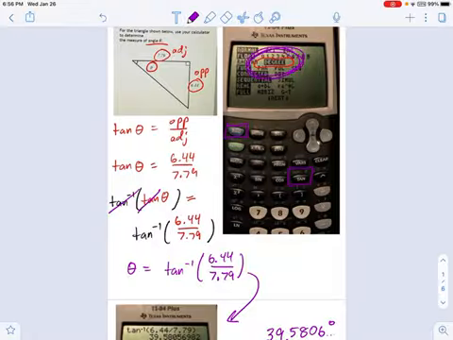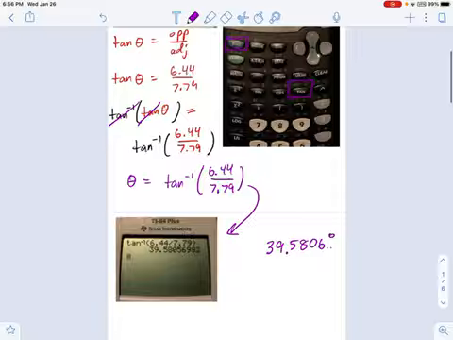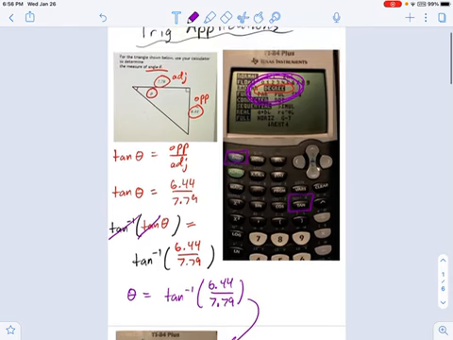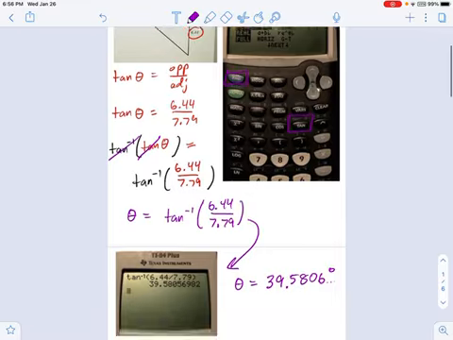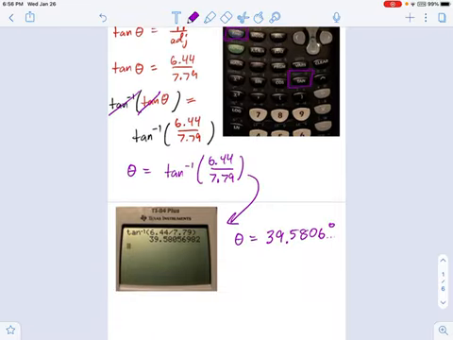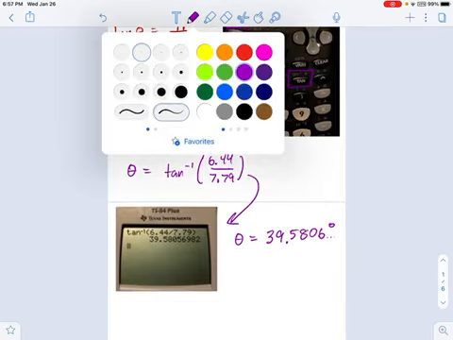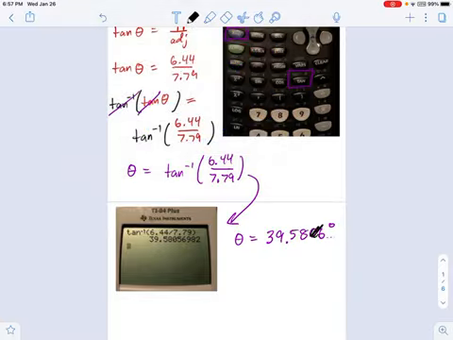because I set my calculator in degrees at the start of this problem. I've been working in degrees this whole time because I know the answer is supposed to be in degrees. And we have to figure out just how to round this. Now, if you look back at your problem, what did it say? It looks like I cut off the part that says how much we should round it to, but these things usually say round to 2 decimals. So if I'm rounding my answer to 2 decimals, it's just going to go like this. So we put in 39.58, and you don't worry about the degree symbol either. So just say 39.58, and you got this one done.